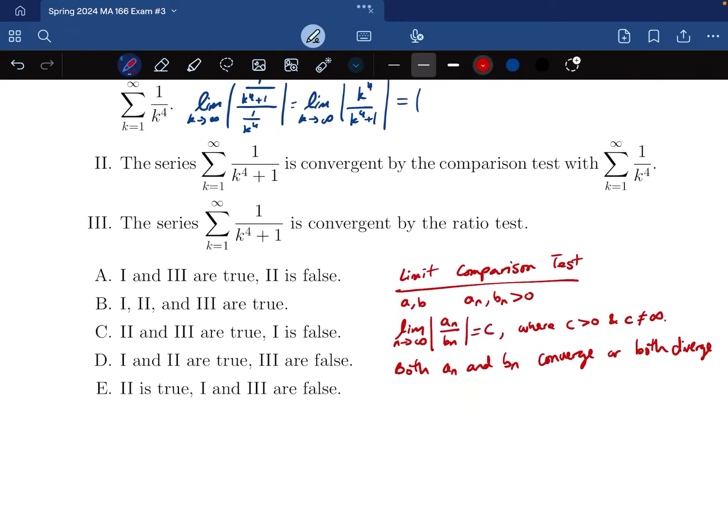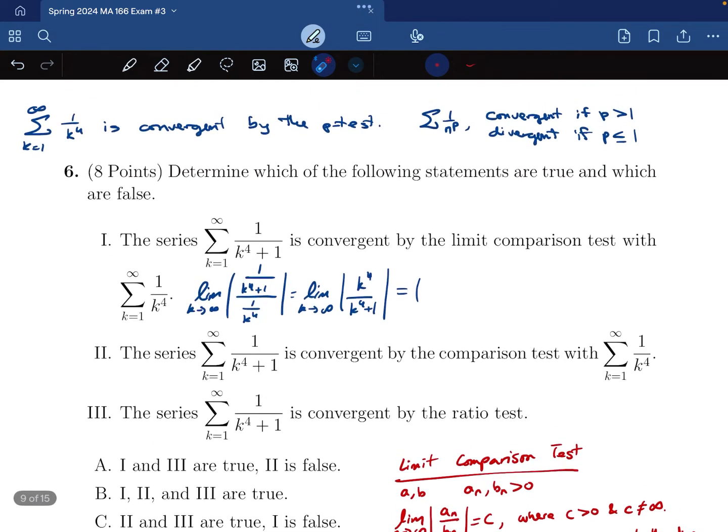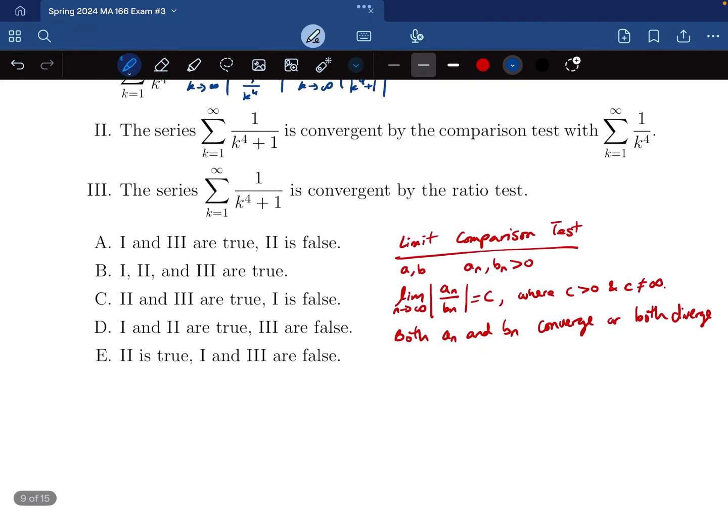So now we got our limit, and according to the limit comparison test, since the result is 1, that means both of these series are either convergent or both are divergent. We know that this series over here is convergent because, again, we can see so using the p-test. That means that according to the limit comparison test, this series is convergent as well. So statement 1 is true. Alright, statement 2